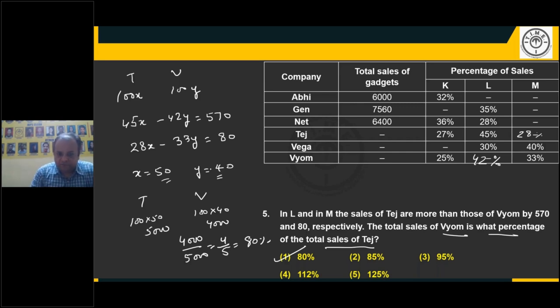Is this clear? So see, again, every set will have 4 or 5 questions, and one question would be time consuming. So if you find that, okay, fine, if I have time, I can solve this equation quickly, then yes, or probably you can come back to this when you are done and have gone through the whole paper. So it depends on how much time you have. Generally in mains you will have some time, so that's not an issue. But yeah, equation solving is important in this because you will have to form two equations, one in terms of difference of Tej and Vyom in L and difference of Tej and Vyom in M. All right,